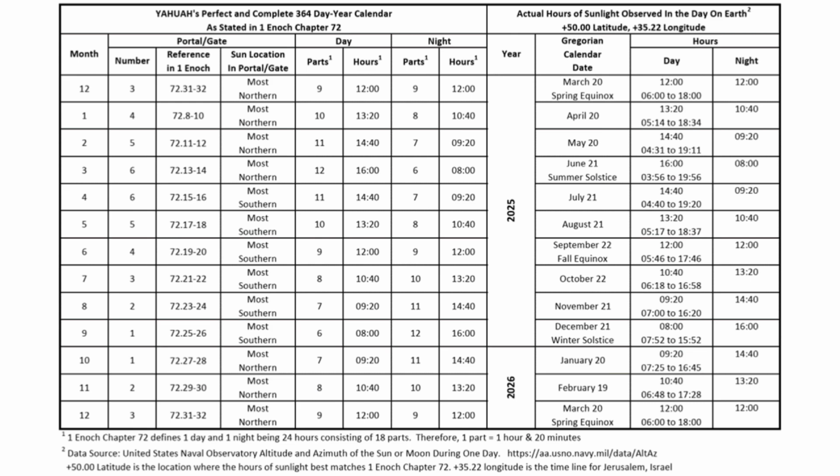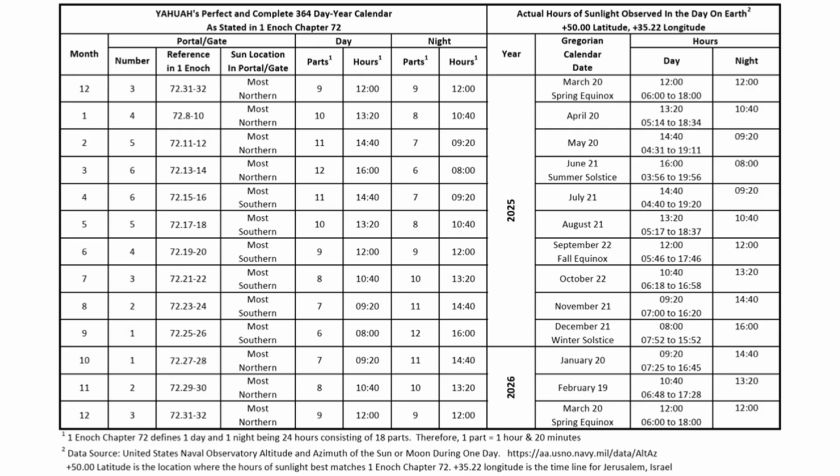On the left side of the table is the parts of day and parts of night described in chapter 72 of 1st Enoch. These parts of day and parts of night are always described on the last day of a month within a portal/gate. For instance, month 12 on the top row, 1st Enoch, chapter 72, 31 to 32 states,